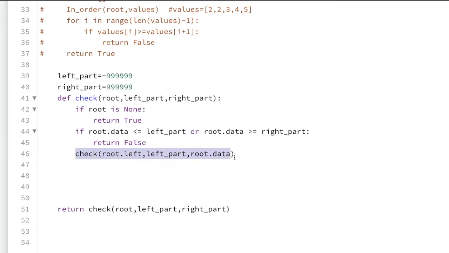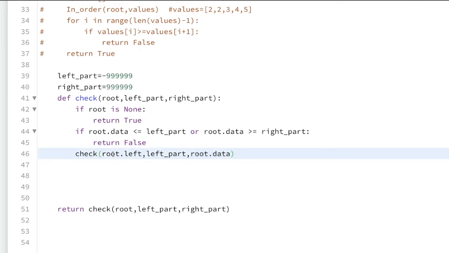Here we are going to write a logic like binary search one. So if you see here, we are calling the same function by passing root dot left as our node, and the left part is the left part as usual, and the right side will be the root dot data.